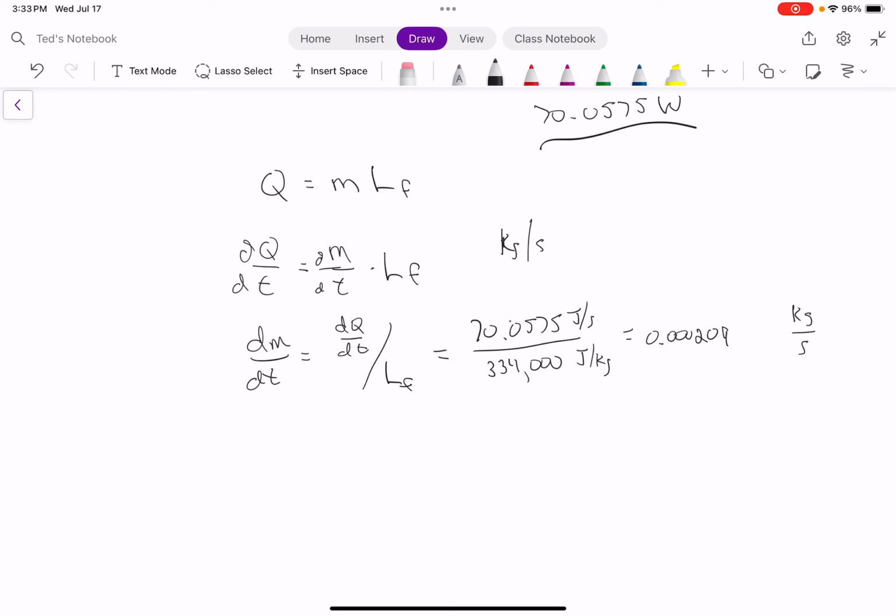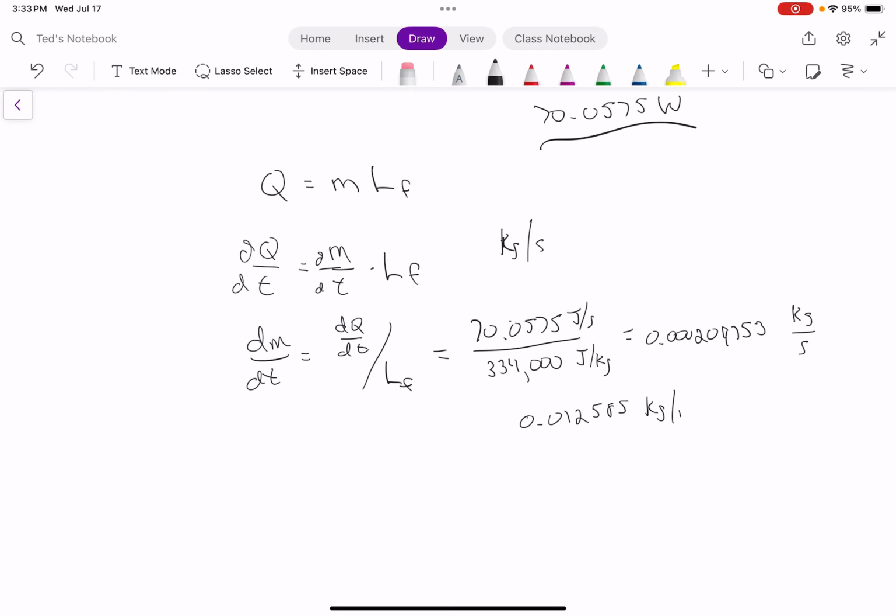So it's 0.000209753 kilograms per second. Okay, so if we wanted to run this for 60 seconds, we could say, all right, well, that means that 0.012585